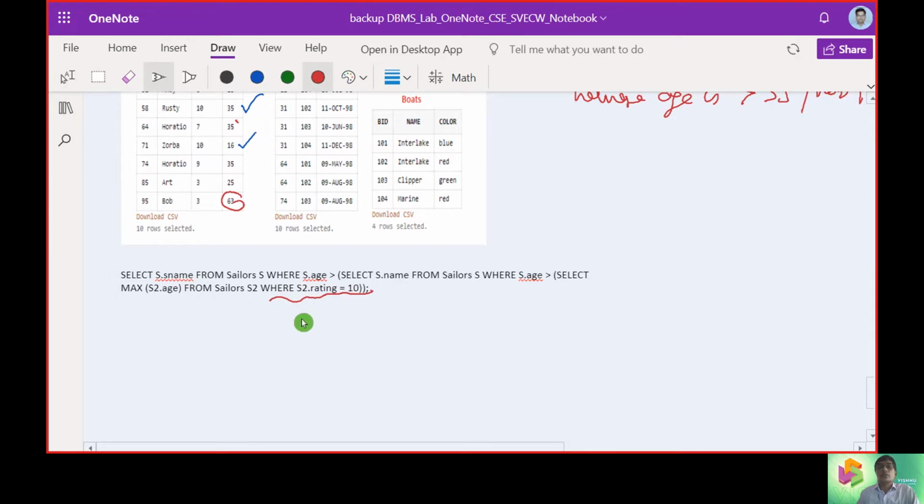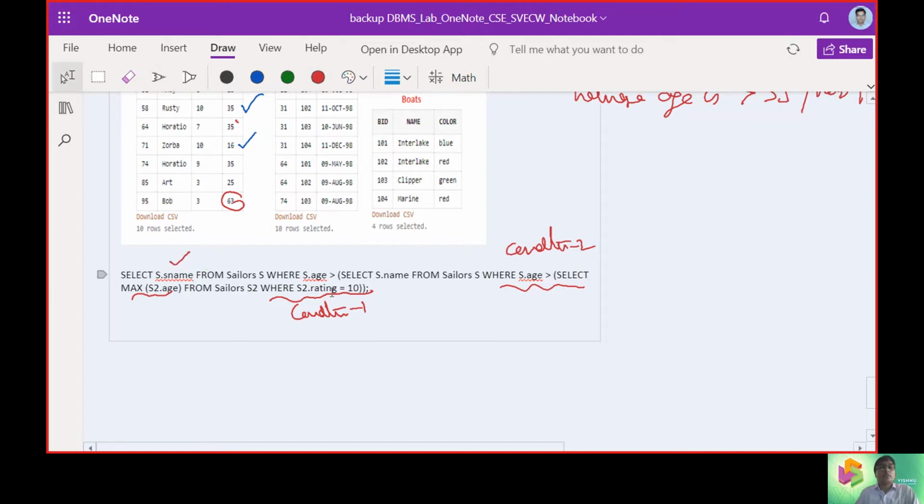With rating 10, this is condition number 1. Then we are printing out where age is greater than the maximum age, condition number 2. So we meet the two conditions and then we display the name.